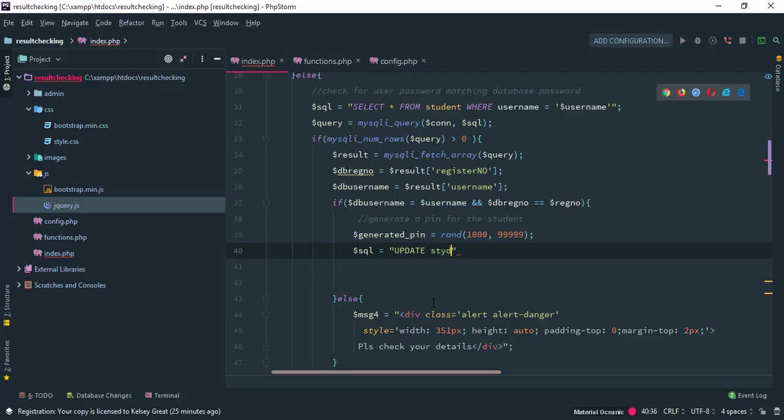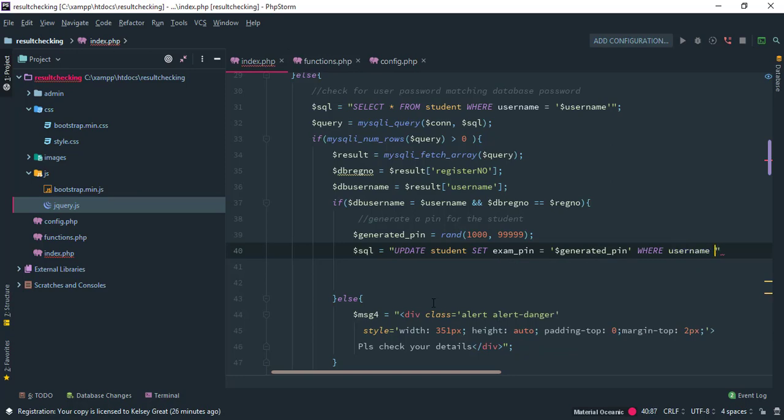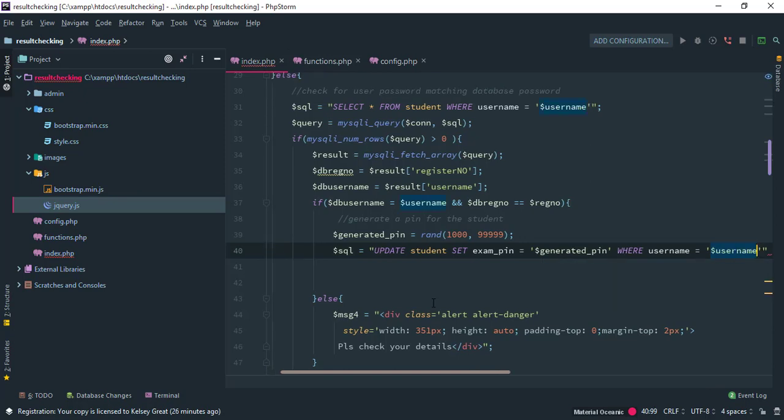So update student table. Okay, I'm going to set exam pin to be equals to generated. Remember, we created a variable here called generated underscore pin. Okay, so if you don't put the where clause, then this will be the same thing for every user. So you have to put the where clause. So where username is equals to the username variable. Okay,